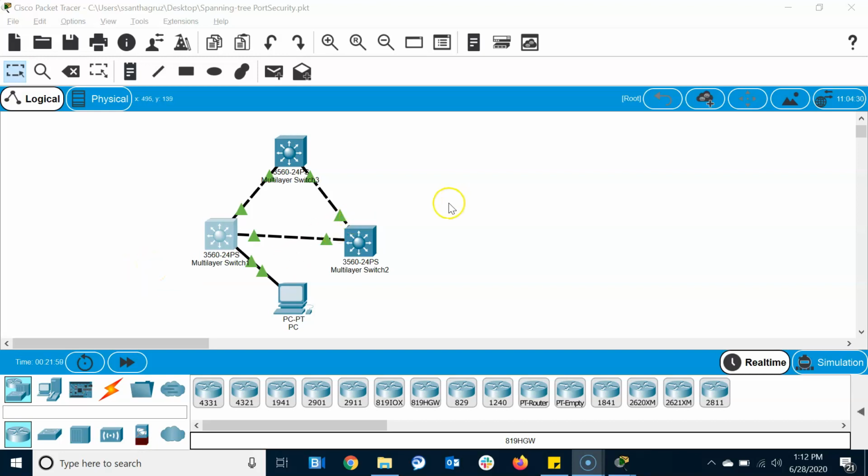So today I want to show about port security and its features. I want to show in configuration how port security exactly works. So I connected three switches. This I have considered as an access switch, and to this switch I have connected the workstation. So let me go to the configuration.